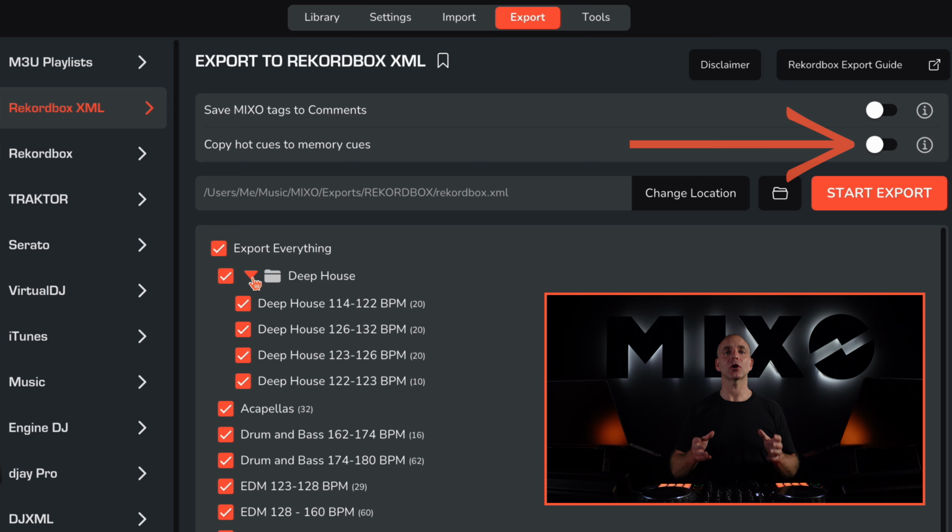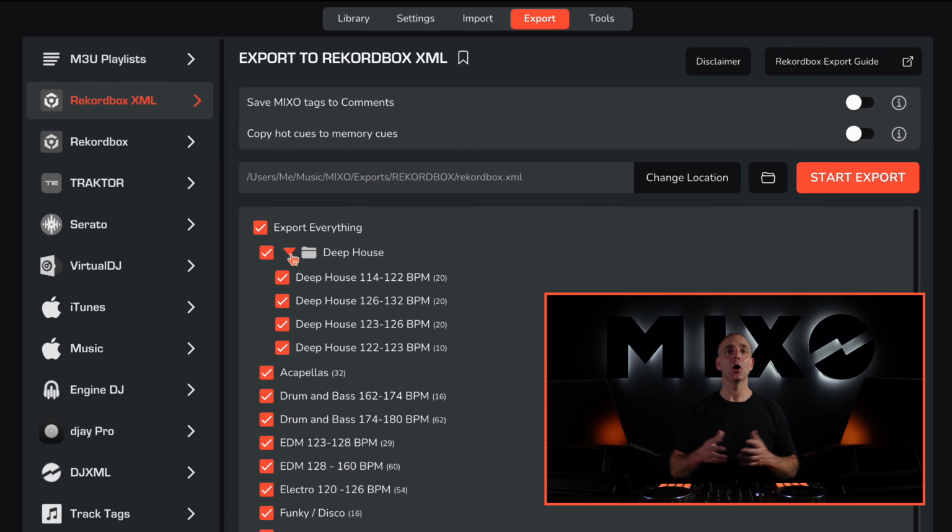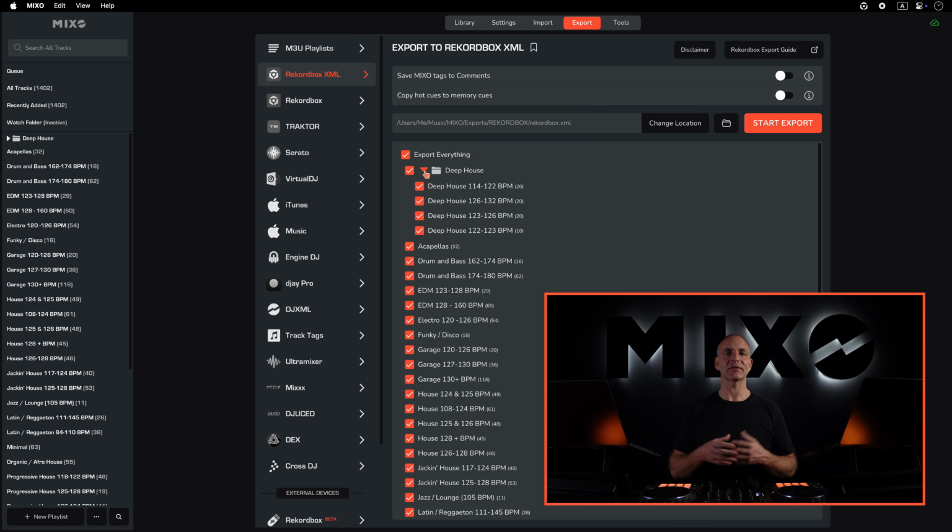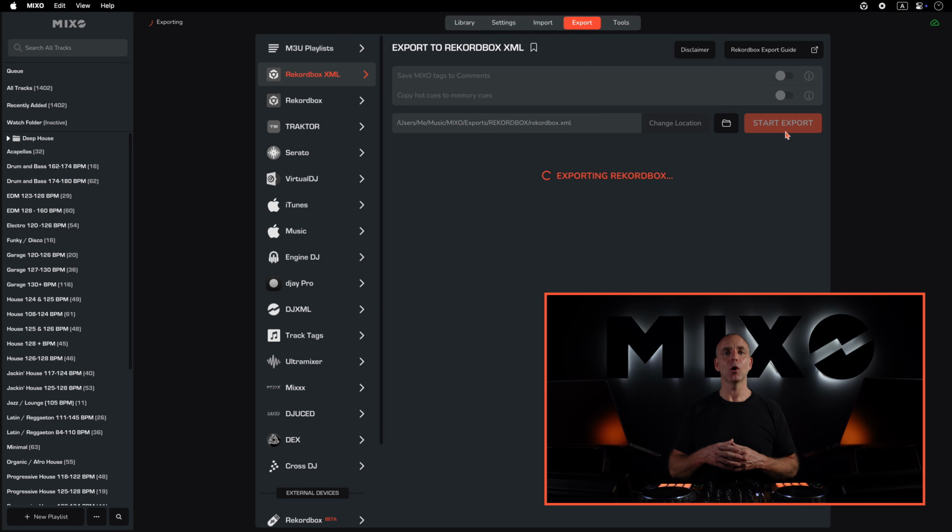We can also turn on copy hotkeys to memory cues, which means any hotkeys added in Mixo on export can be converted into memory cues when they're transferred to Rekordbox. Once we're ready and we've chosen the playlist to move to Rekordbox, simply click Start Export. Once the export is finished, Mixo will confirm the export is complete, and from here we can head over to